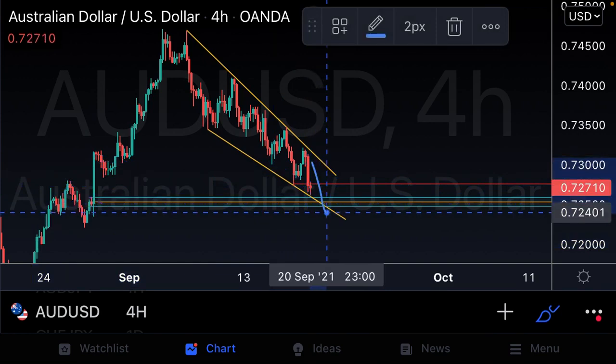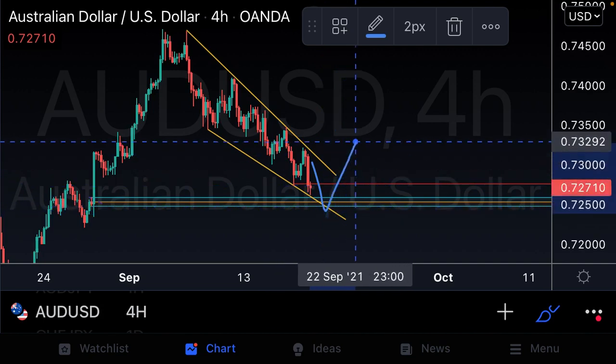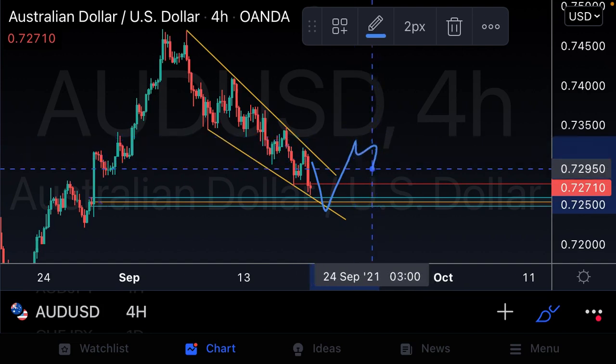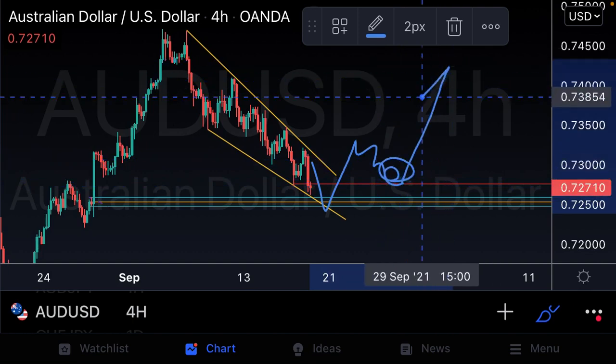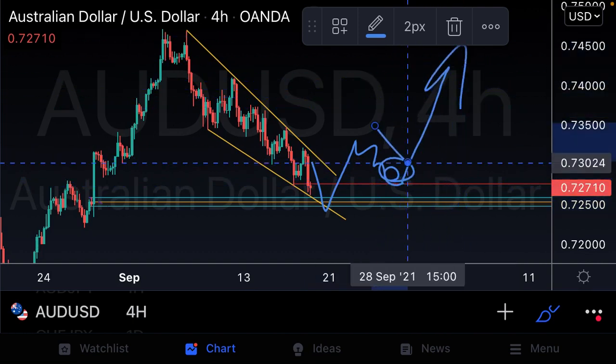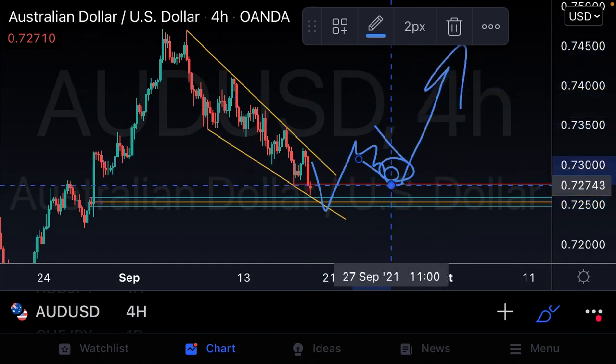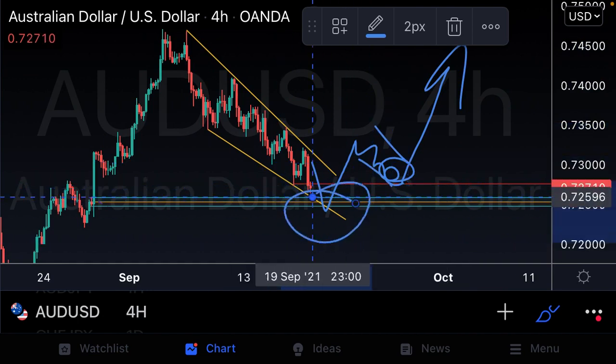Once prices pull into our area of value, we'll be waiting to see prices give us a beautiful reaction, break above our previous support structures, obviously then retest our structures nicely, giving us that beautiful reason to jump into the bullish momentum. So on this pair on AU, guys, whether we get this beautiful risk entry